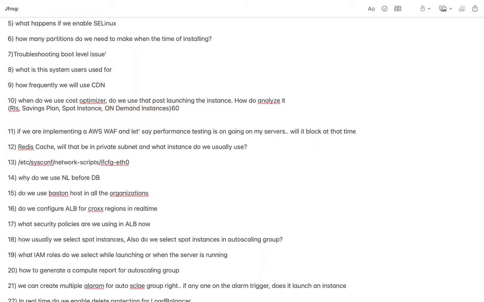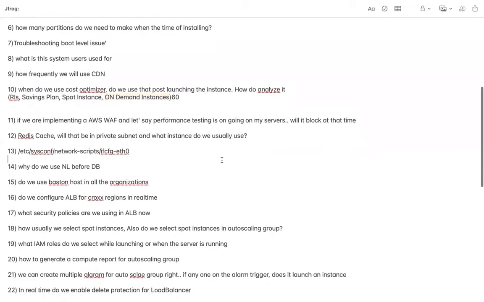Let us say we are running our application inside an auto scaling group. We can use a launch template there, and we can define that if we are going to run 10 instances overall, 7 will be spot and 3 will be on demand. So we can use a combination of on demand and spot. At least 3 instances will be up and running all the time, because they are on demand. If any spot instance goes down, our auto scaling group will spin up another one, but our end users will not be impacted. There will be no complete blackout, with the help of on demand. That is how it is going to work.